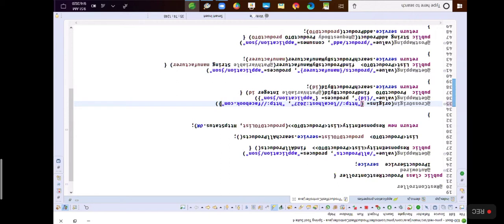Suppose you would like to allow any origin, means the script from any origin can access this endpoint, test endpoint. To allow all origins to access this REST endpoint, we would like to add an asterisk symbol.